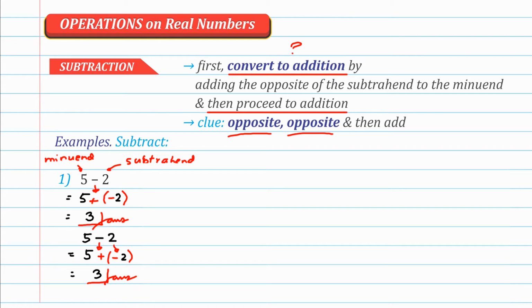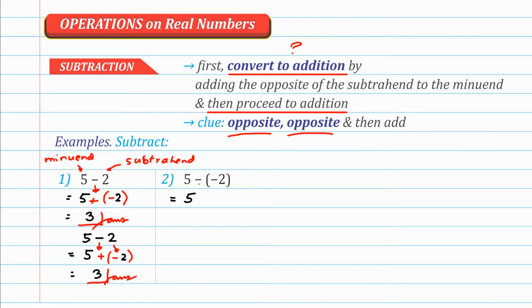Okay, here we go. Let's look at example number 2. We have 5 minus negative 2. So, don't use our first technique. Simply use opposite na clue. Let me copy. We have 5. Don't ever change anything sa first term, sa minuend. And then,